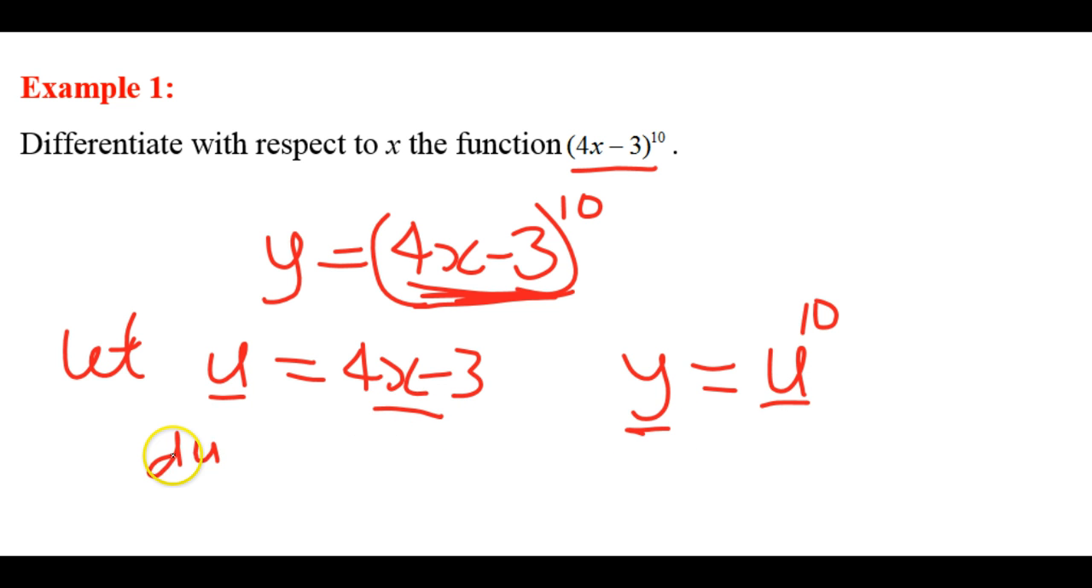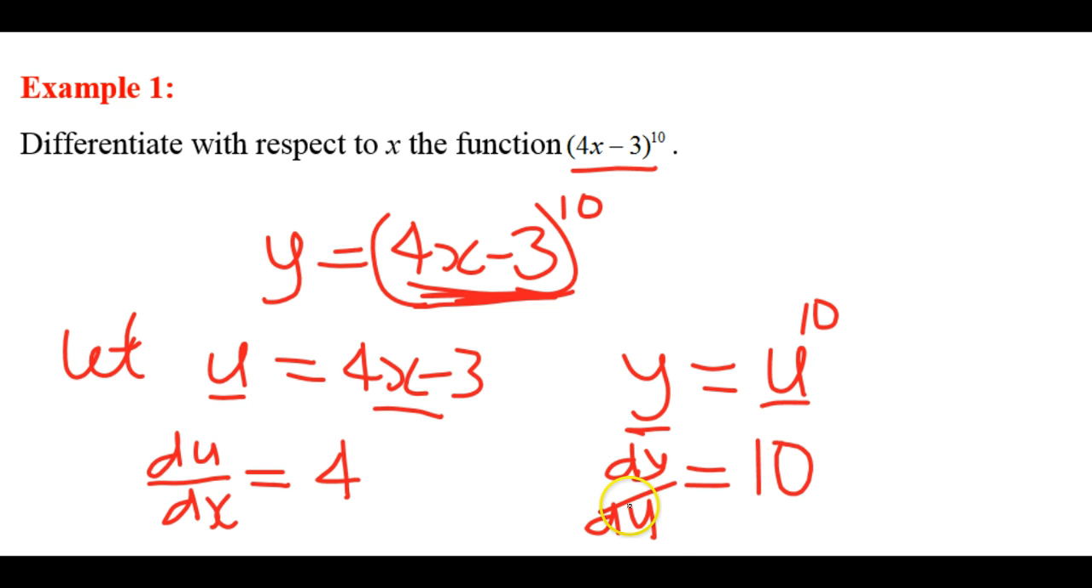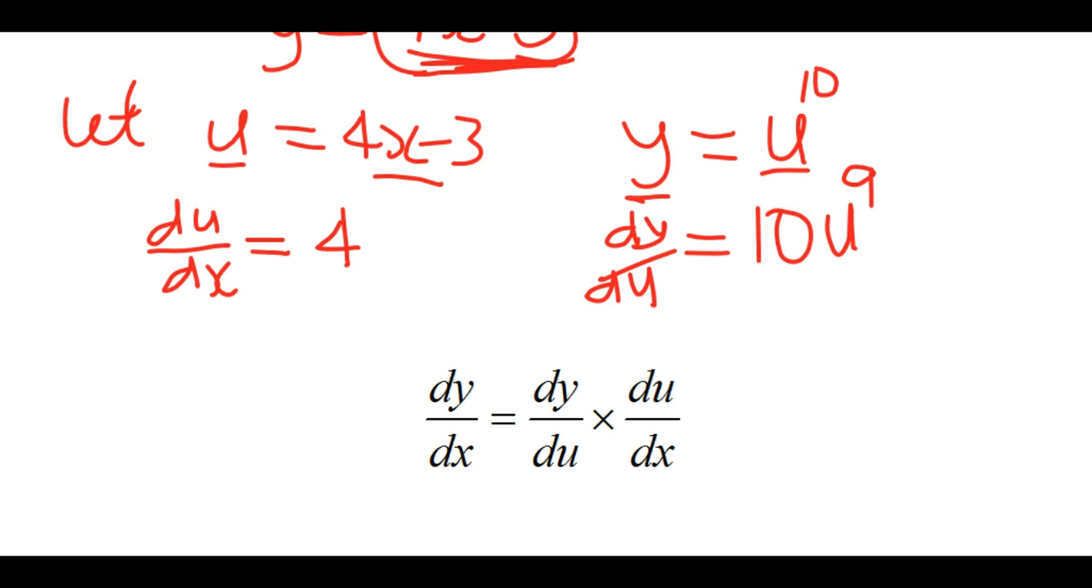Now, when I differentiate u with respect to x, that will give me 4. And if I differentiate y with respect to u, I'll have 10u to the power 9 using the power rule. Okay, so if this is true, then let's see. Now, using the chain rule, to find dy/dx, we write dy/du times du/dx. Now we know dy/du, which is 10u to the power 9, and we know du/dx, which is 4. And so when we substitute this into the formula, we have